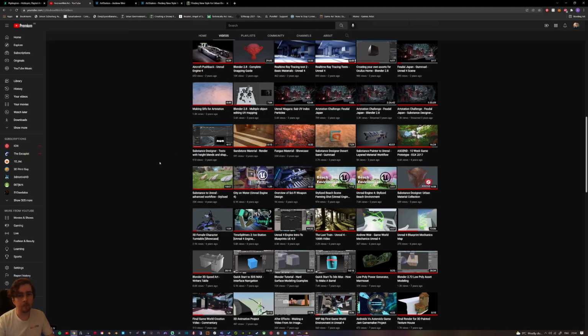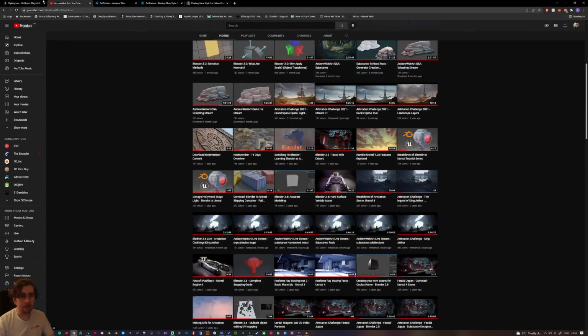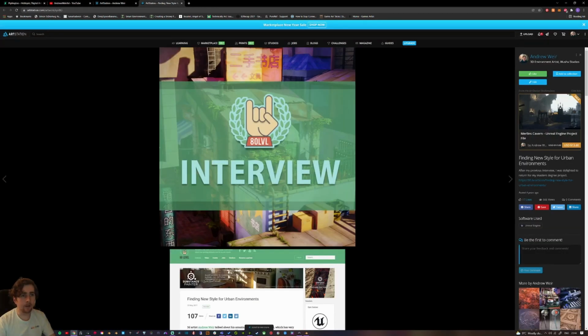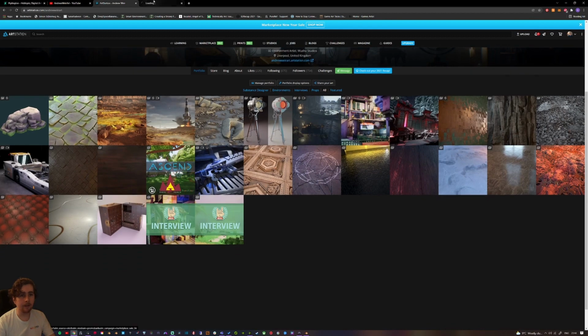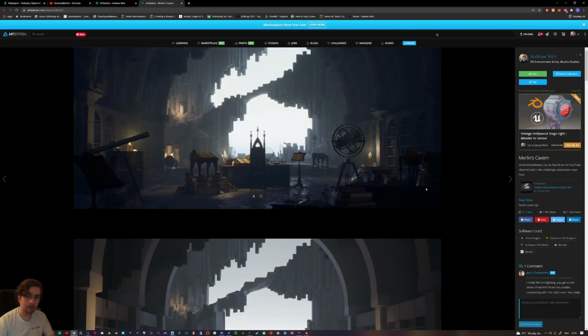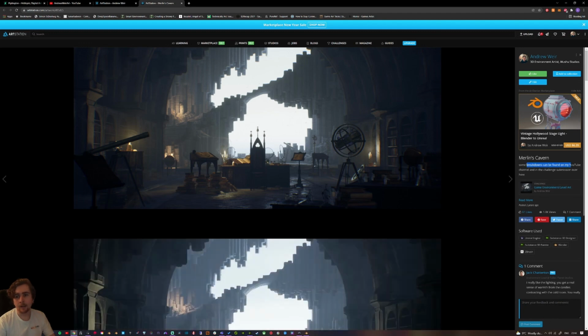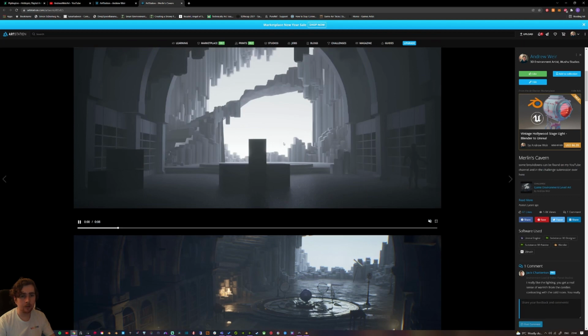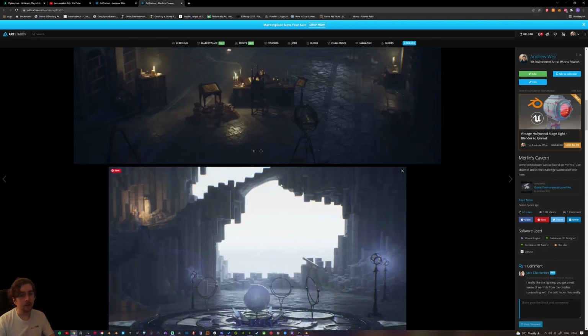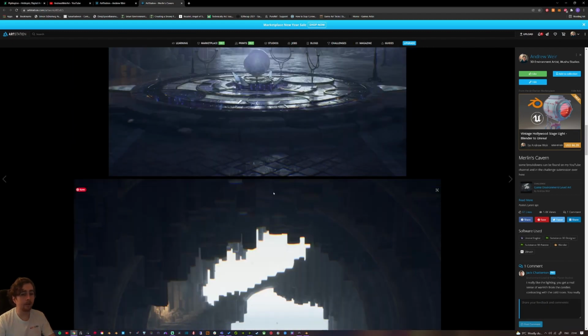So then we'll just have a look at some of my latest stuff. My favourite piece that I've made, if I go back to my ArtStation, would be the Merlin's Cavern, based on a concept in the ArtStation challenge, and I started doing a lot of these development things once I pushed past the point of